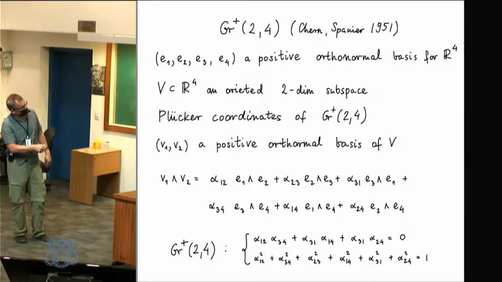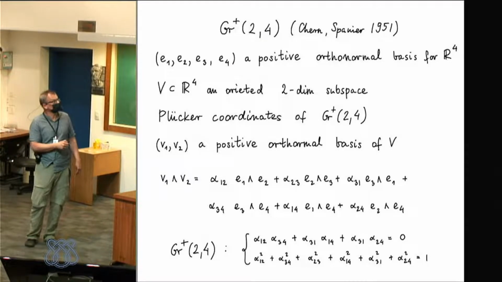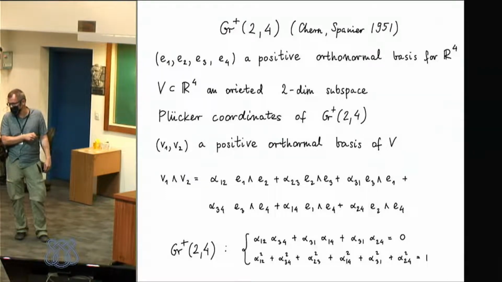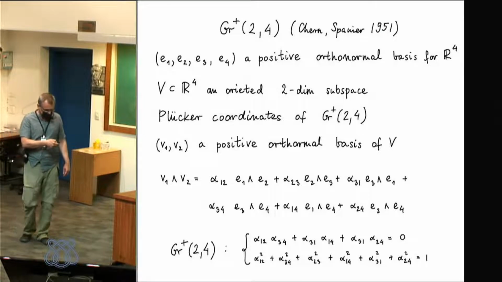And the second is we just extend the inner product, the dot product, from R4 to the bivectors in the usual way using the determinant. And then this means that the norm of v1 wedge v2 in this inner product on bivectors is 1. Okay, but if you use